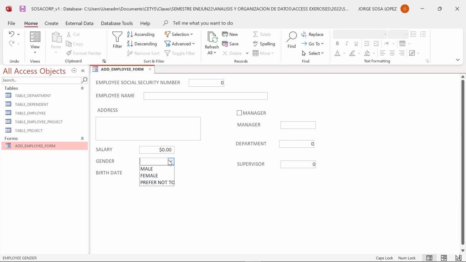Notice, for example, that in the case of the gender, the options that I showed appear here on the list. The problem here is that we don't